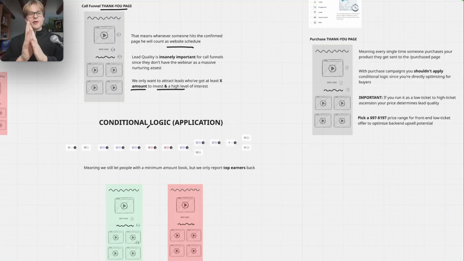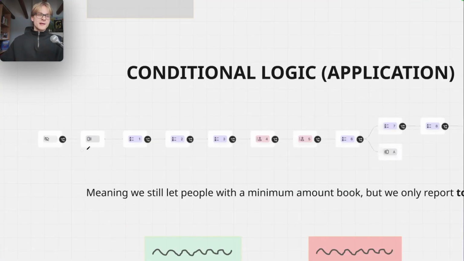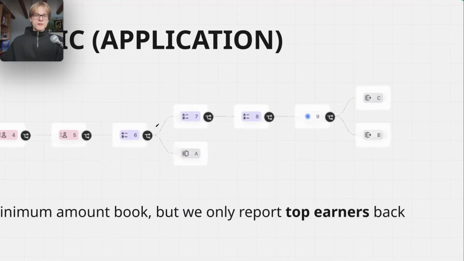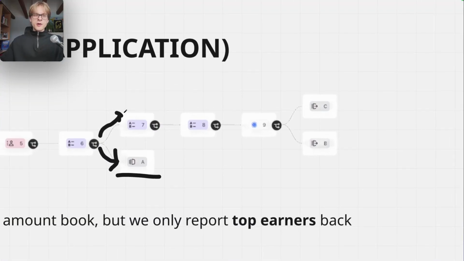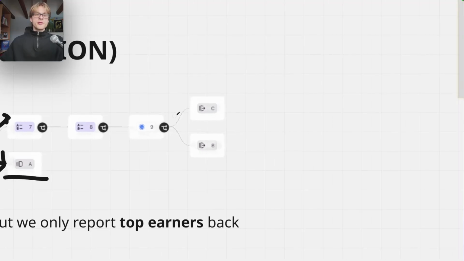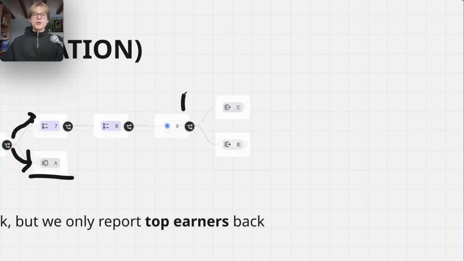Through conditional logic. Okay, so basically when someone fills out an application, as you can see over there, we have conditional logic based on their answers, how much they have to invest, for example, where they get routed to an FU page, or they get routed to another qualification branch over there, and then they can book a call. And if they were actually qualified and had more than a certain threshold to invest, we send them back to a Pixel. And if not, they can still book a call with us, okay? Because they have something like more than 1K to invest or more than 2K to invest, but they don't have 10K to invest. So we don't want to report them back, but they can still book the call.